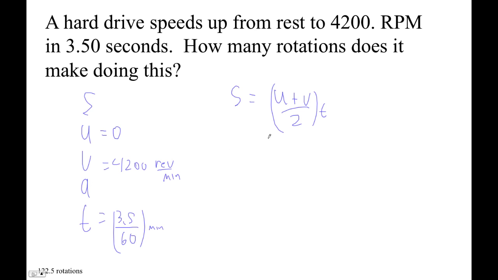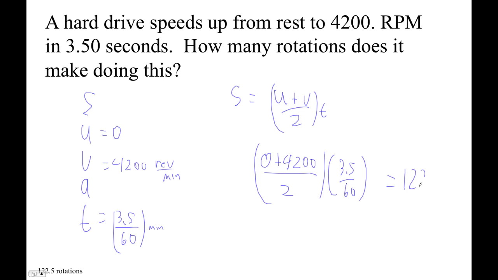Now, just don't do this with acceleration. I'm just saying that's complicated. Okay, so we've got 0 plus 4200 over 2 times 3.5 over 60. So 4200 divided by 2 times 3.5 divided by 60. And indeed, that comes out to 122.5